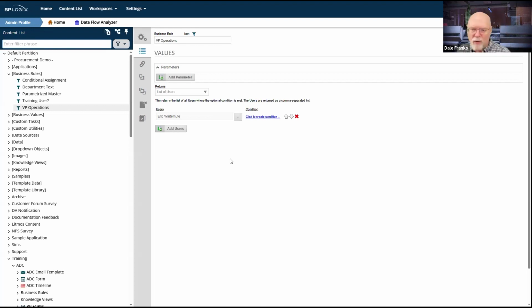Usually you wouldn't use it this way. Usually you would have a VP operations group, and you would assign it to that group. And then when that changed, you would change the group. But the thing is, when you assign a group, that means you have to have user admin permissions at least to go into groups to change the group memberships. So somebody has to be a system admin to get in there and make that change, or they at least have to be a user admin to go in and make the change. You may not want to give that level of admin permission to people, in which case the fallback is being able to put a business rule in the content list.